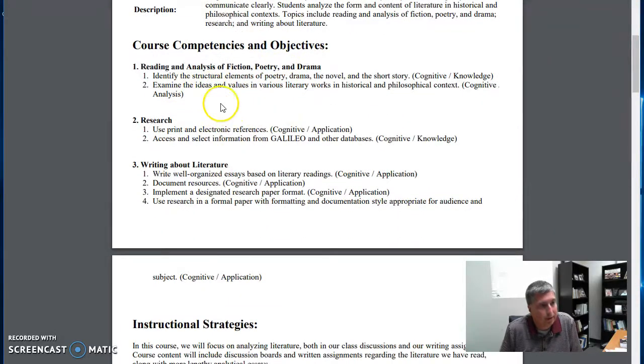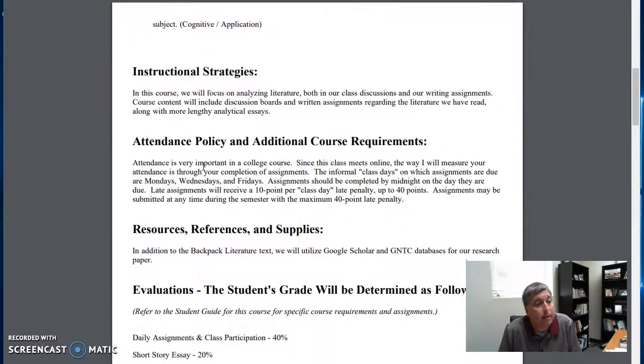Here are the things we're working on. These are the objectives of the course. We'll, of course, be reading and analyzing fiction in the form of short stories, poetry, and drama. Now, those are the three big units of the semester. We'll also have to do a research paper, and we will, of course, write about literature with that research paper, along with an essay on poetry and a drama test, what I call a drama test, which is really 2 short essays on drama. And we'll do writing about literature throughout the semester with various works, as you will see.